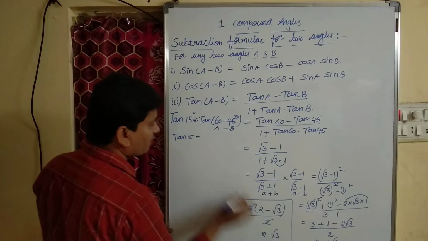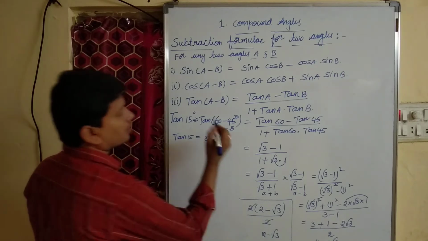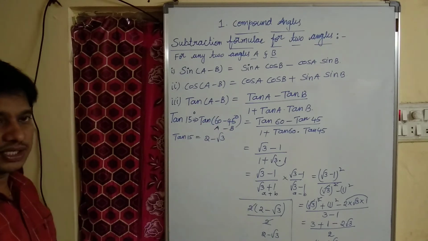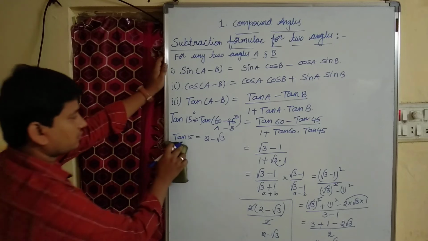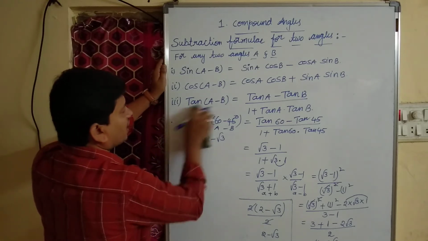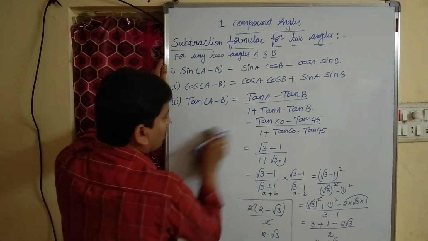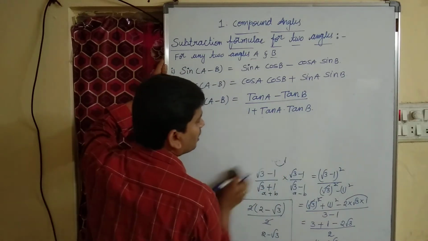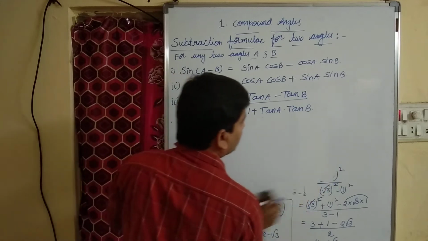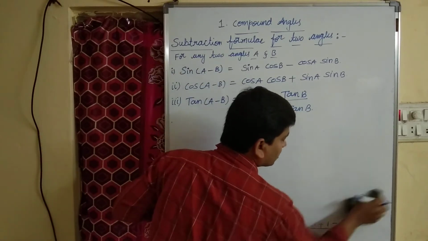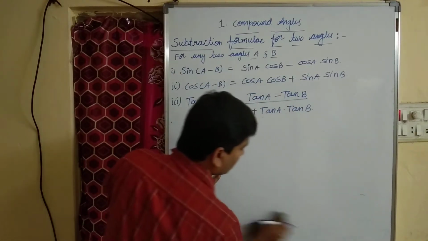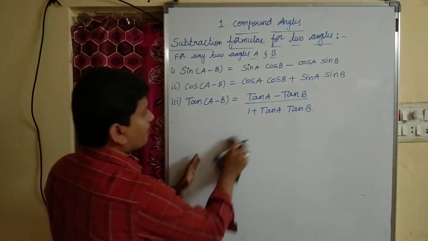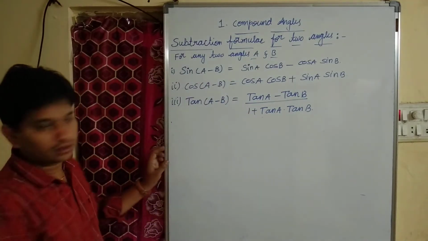Tan 15 is 2 minus root 3. This is our third formula, tan A minus B, which equals tan A minus tan B divided by 1 plus tan A into tan B. Now coming to the fourth formula,